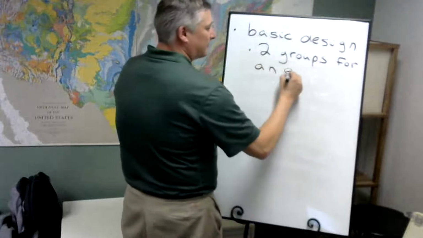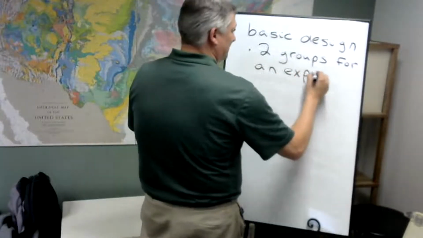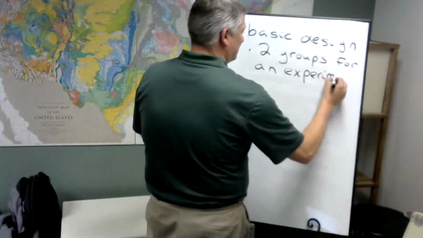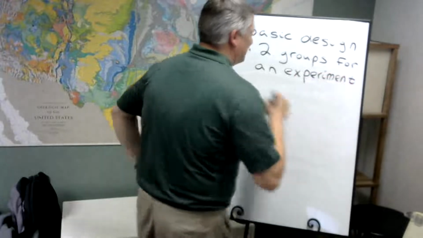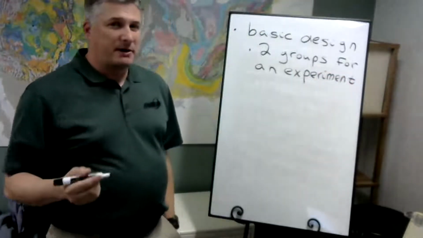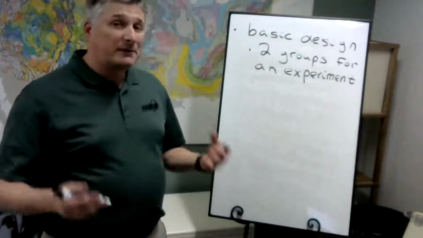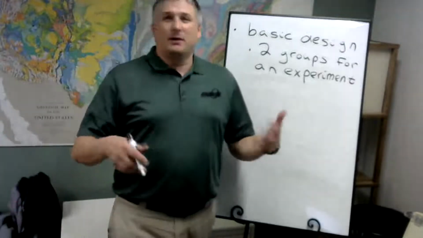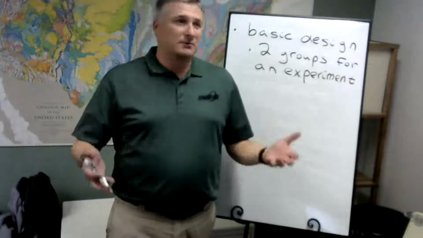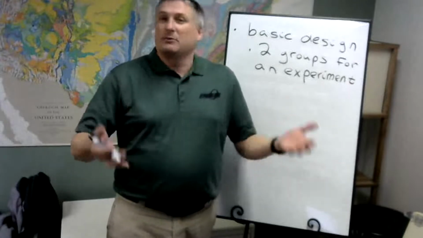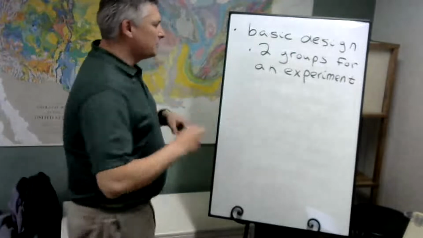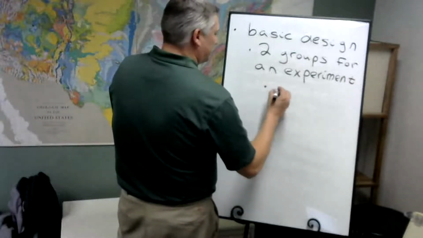Now, this is going to be for an experiment. And when we do an experiment, which is different from an observational study, we want to see if, say, some particular drug makes a difference in getting rid of flu symptoms. So we want one treatment group